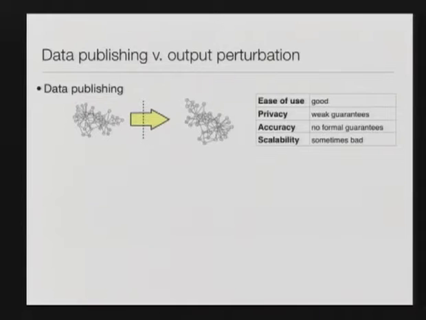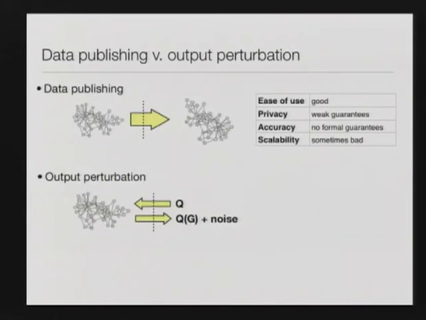Unfortunately, most of these data publishing techniques have relatively weak privacy guarantees, and it's quite difficult to make formal statements about the impact of the anonymization on the accuracy of specific tasks that you want to carry out. Also, the scalability is sometimes bad, especially since clustering large graphs is computationally hard to do. So what I'm going to talk about today is